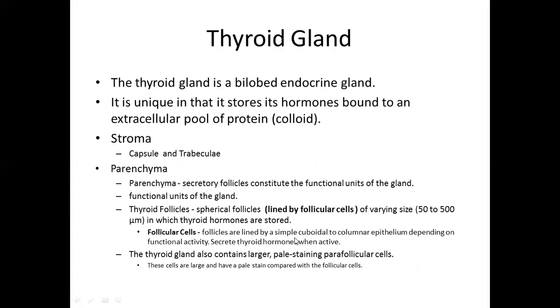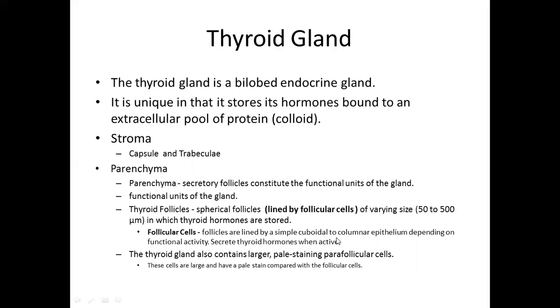Actually, last semester when you were identifying the simple cuboidal epithelium, most of the time you were looking at thyroid gland follicular cells. Those appear either simple columnar or simple cuboidal depending upon their activity level. If they are more active, they will appear more columnar. The less active or non-active cells of the follicle will appear as simple cuboidal cells.